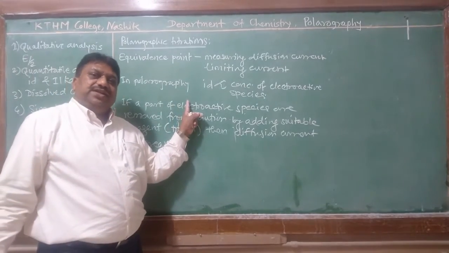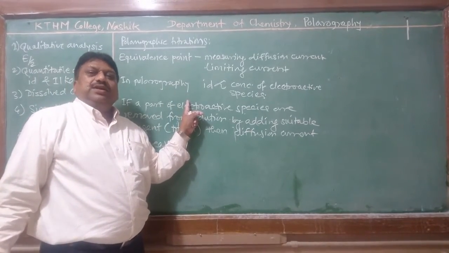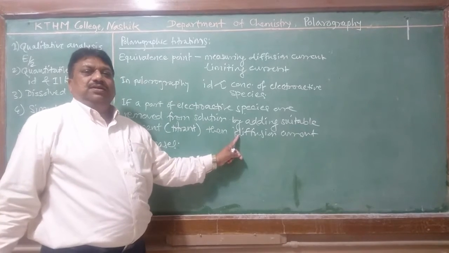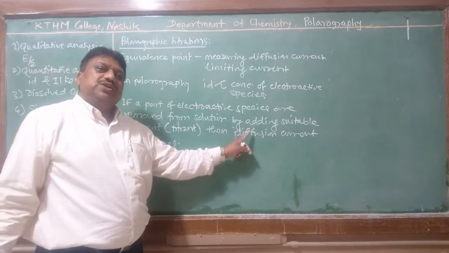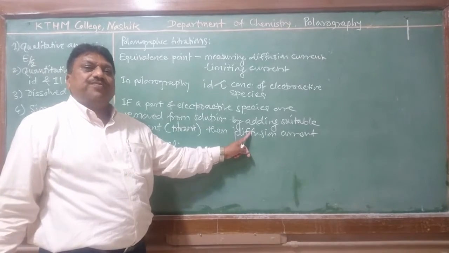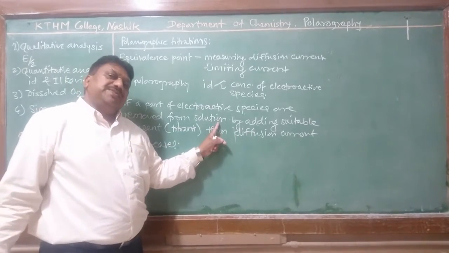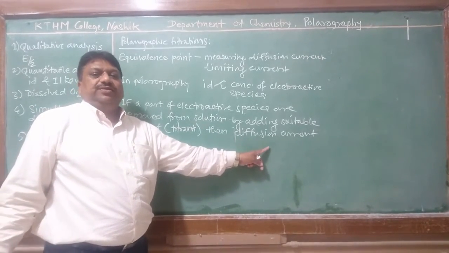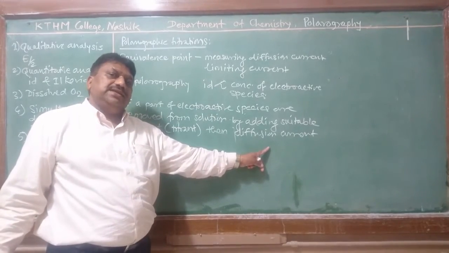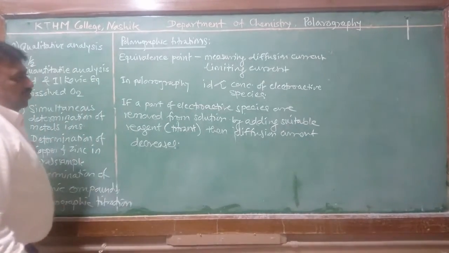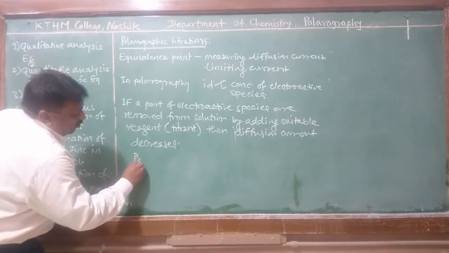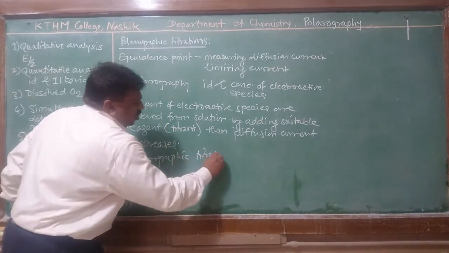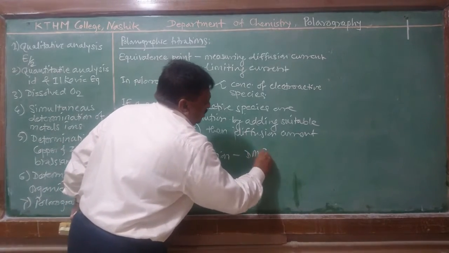In polarographic titration, limiting current is measured as a function of ml of titrant added, and limiting current changes with the concentration of electroactive species. If electroactive species are removed, then diffusion current decreases, and it reaches the residual current when there is no electroactive species present in the sample solution. This titration is called polarographic titration when a dropping mercury electrode is used as the working electrode,